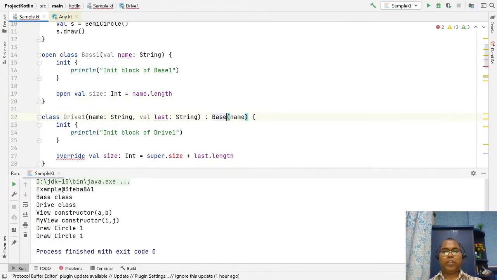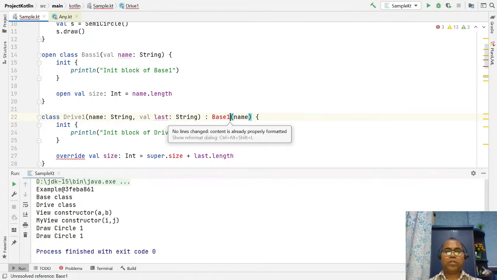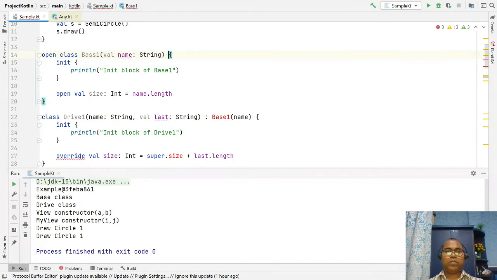This is the Base one, so Base one should be spelled like this. Now in this way you can use this variable, you can access the size variable with the super keyword as well.